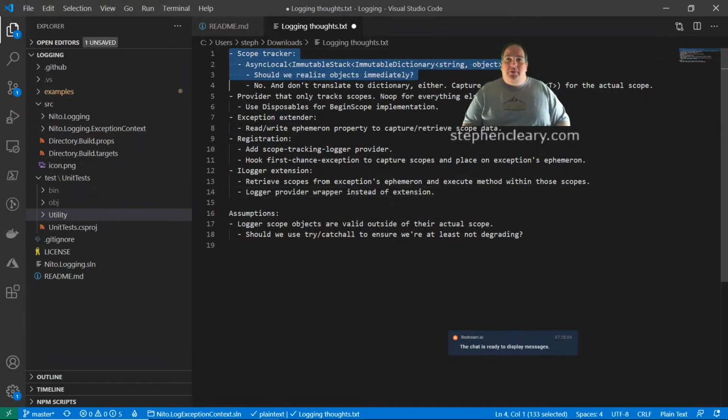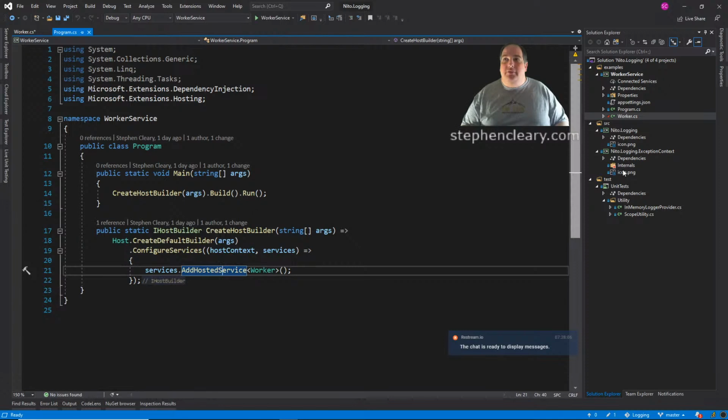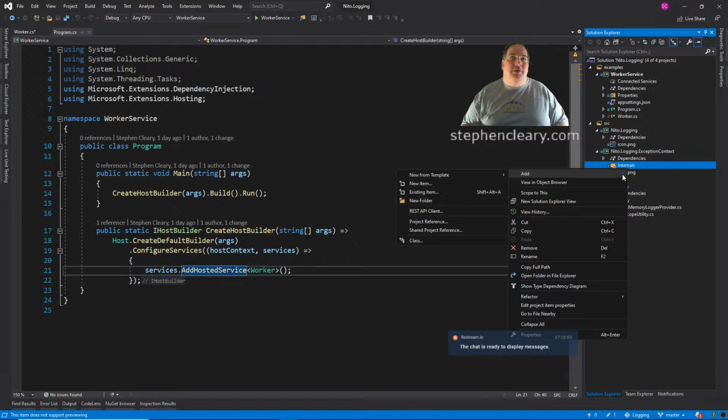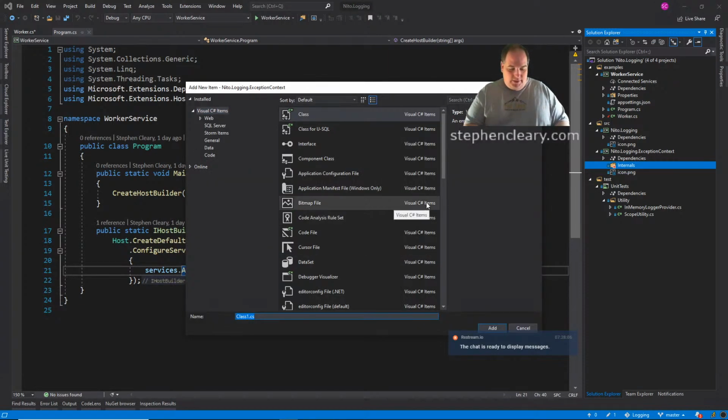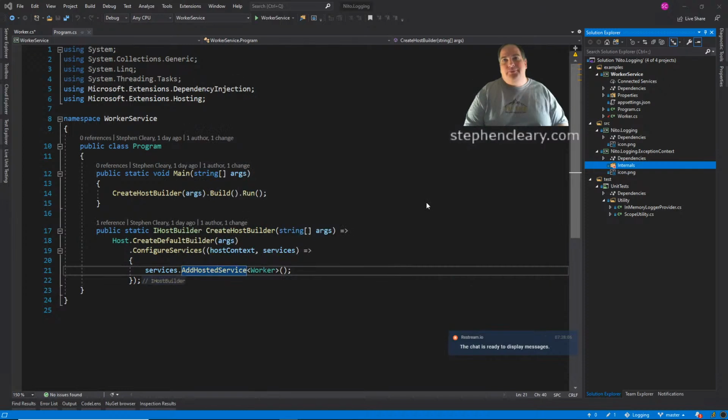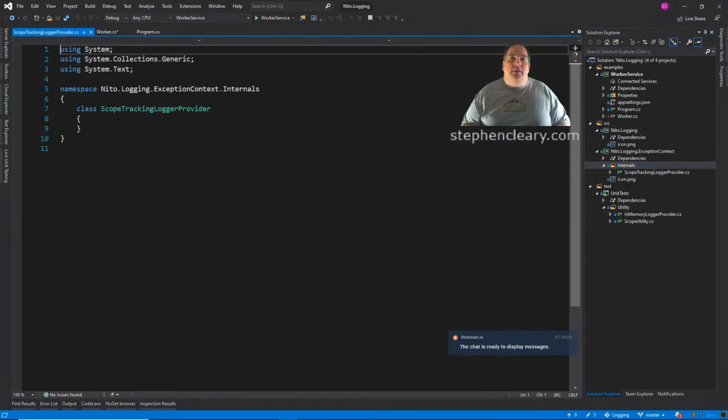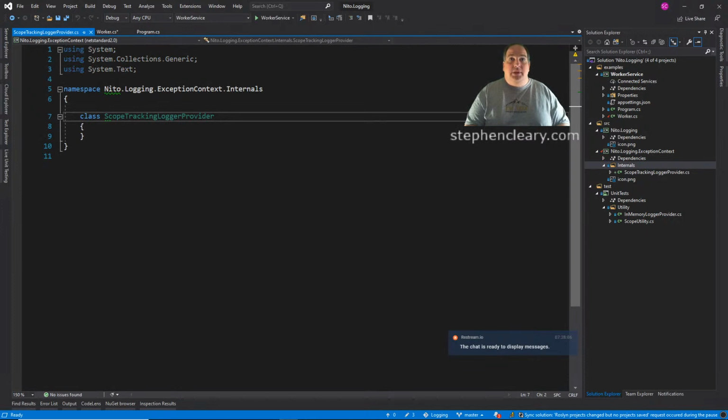All right, I'm going to start with this scope provider idea. So this is going to be a logging provider. I've got an internals directory over here because most everything, I mean, really the API for this library is going to be one method call, ideally. So what do I want to call this? ScopeTrackingLoggerProvider. Sure. And this will be